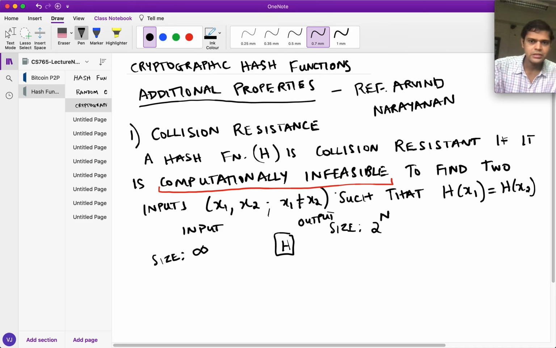That's why I'm saying computationally infeasible, which means that given the computation you have today in the world, there is a very large number of hash computations possible per second, trillions and trillions, an extremely large number. So suppose somebody had all that computational power at his hand, all the computers in his hand. It should take him, let's say, trillions of years to be able to find two colliding inputs. That's what I mean by computationally infeasible.